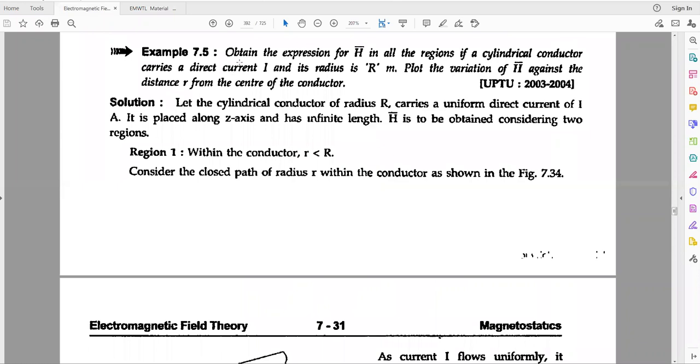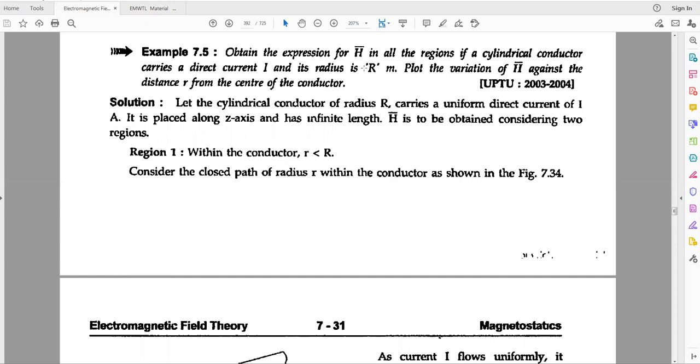Obtain the expression for H bar in all the regions of a cylindrical conductor carrying a direct current I, and its radius is R. Plot the variation of H bar against the distance r from the center of the conductor. So they are asking that